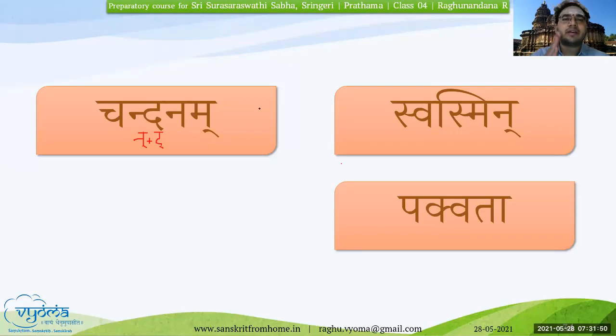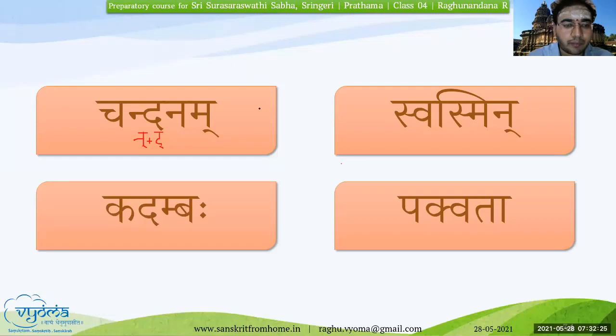Try to pronounce it as a half matra only in all the places. This is a general instruction for all the students. We tend to say k plus v, kva, making it end with akara. But when we are saying that this is a Samyukta Aksharam, a combination of two Vyanjanas, we will have to ensure we are pronouncing it as a Vyanjana, which is a half letter. K plus v. Kv, kv, okay, kva, pakvata. After it combines with akara, it becomes pakvata.